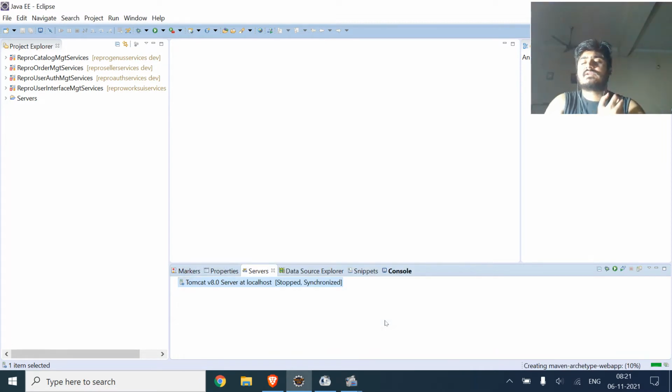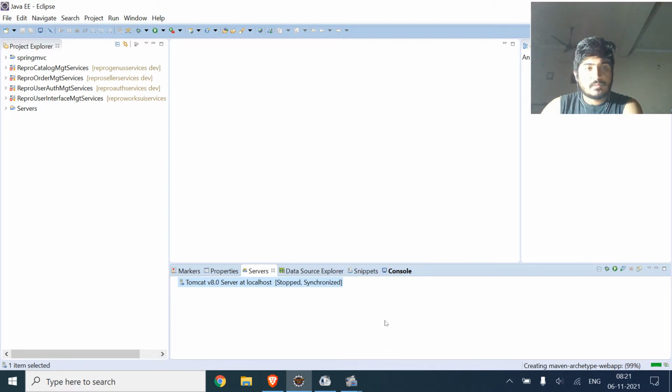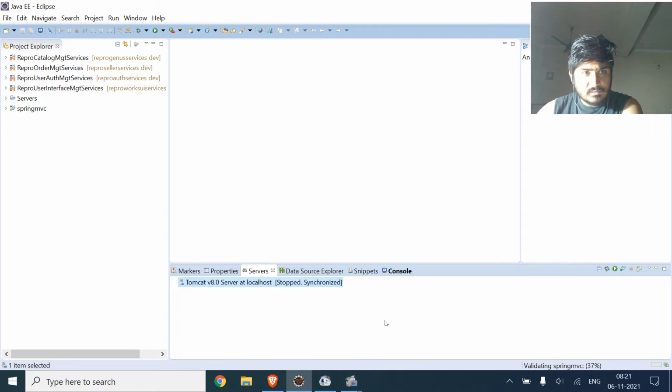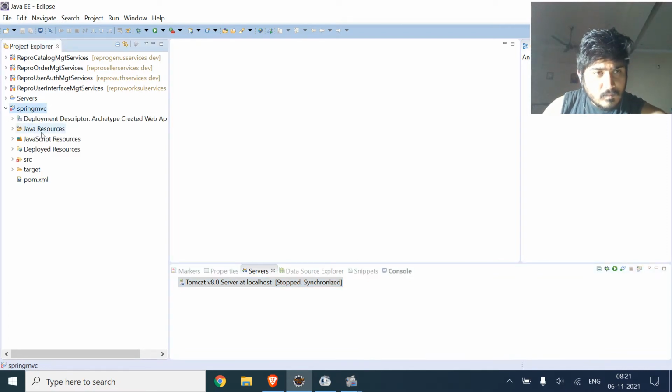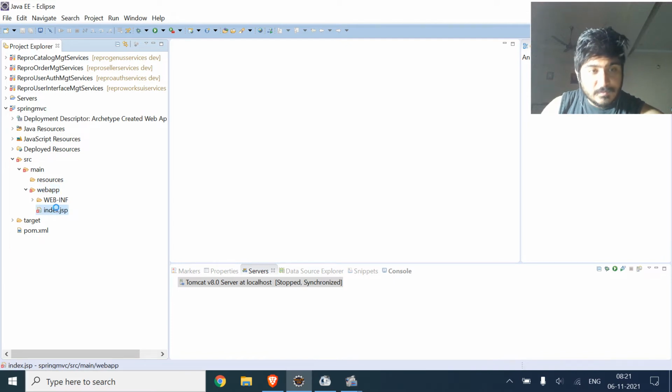It will just take some time to configure, and the project is created there. So now the process is done. Now we will just come to our SRC, come to our main. So we are having an error in our index.jsp.